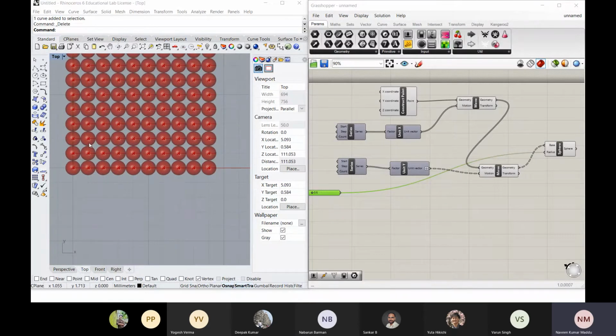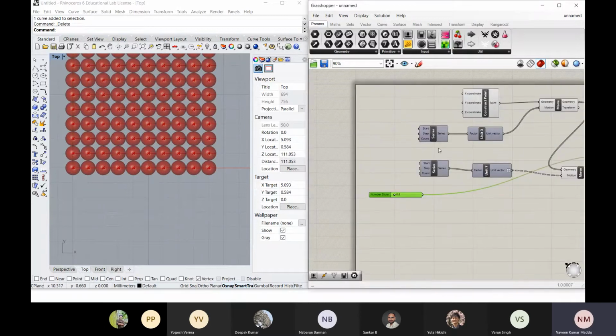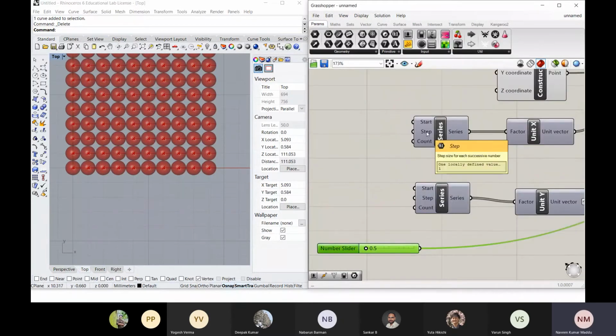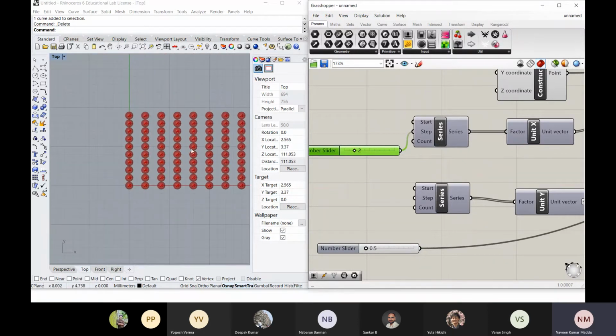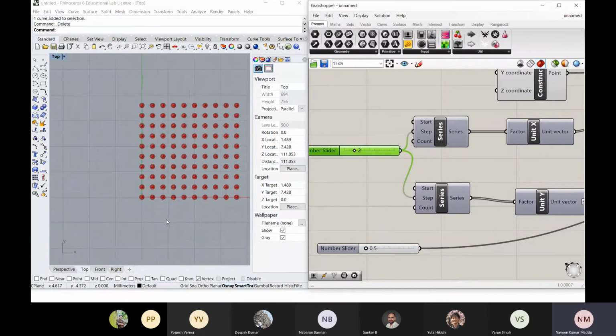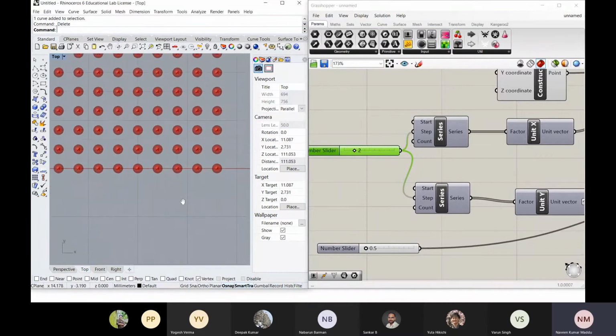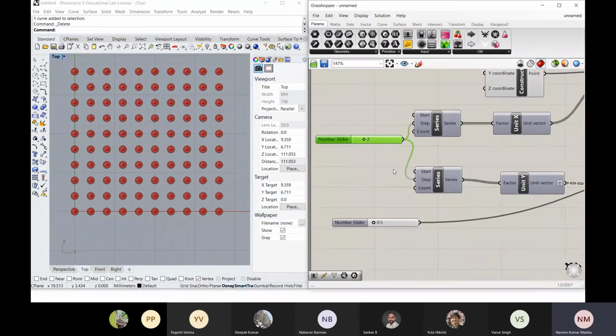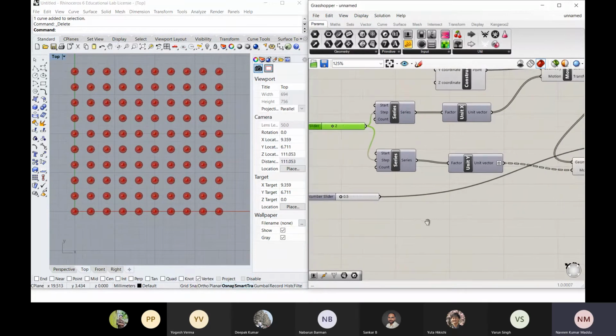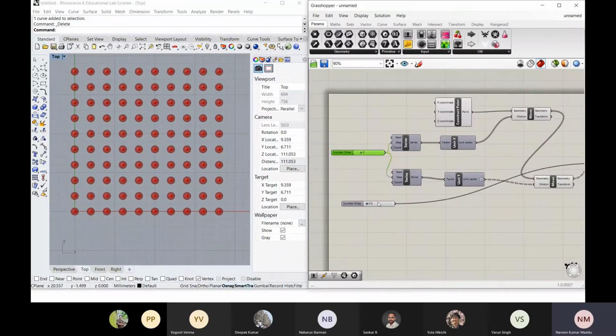And now I want to give the spacing. The spacing is given by this step, right? Your start point is this, your count is this, and you can give the step. If I want to give the step, let us say 2 to this, already there is a 1. You can see the step has increased in x direction, and you can give this to this, and the step will be increasing in y direction. So this is how you create different numbers of spheres having control on 3 parameters.